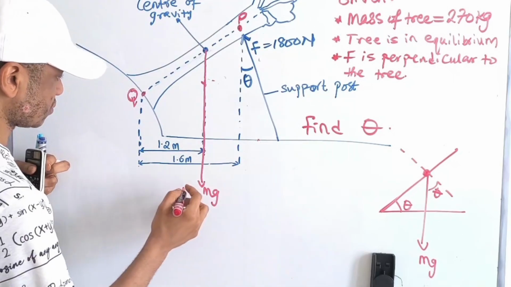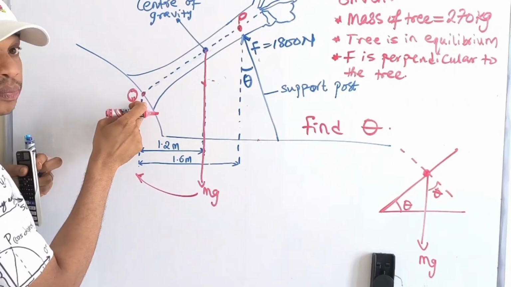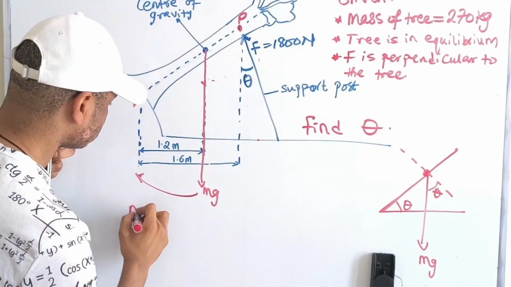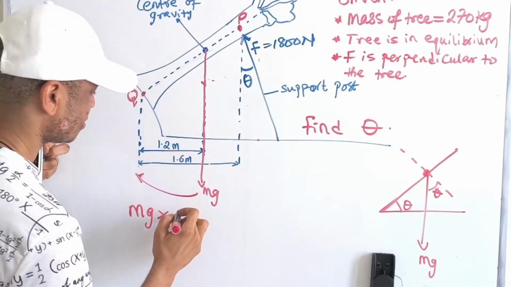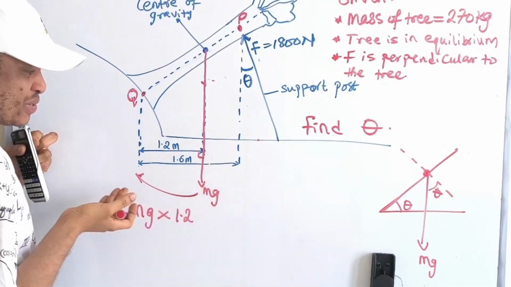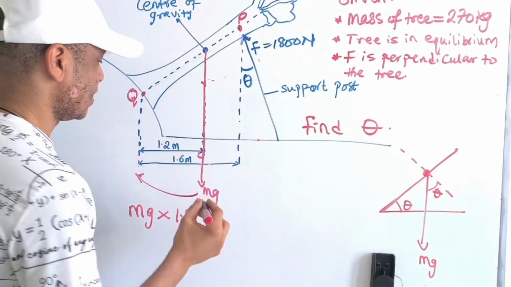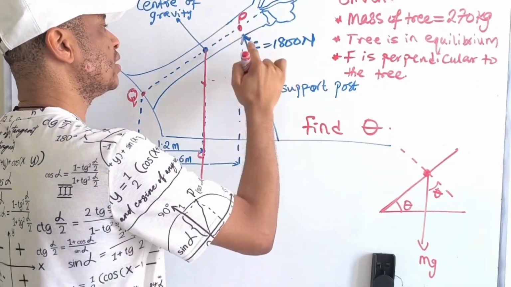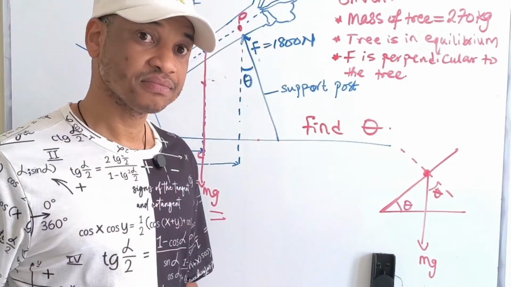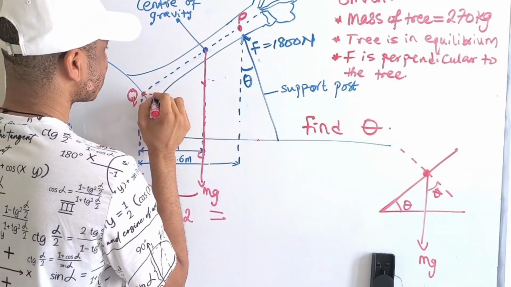So I'm just going to write my equation. I'm taking moments about Q because this is the support. So this will be mg times 1.2. Force times perpendicular distance, you can take here as 90, because it's already perpendicular to the distance. All right. How do I deal with this force? That is the question. So for this, like I just said, I could make a line here,